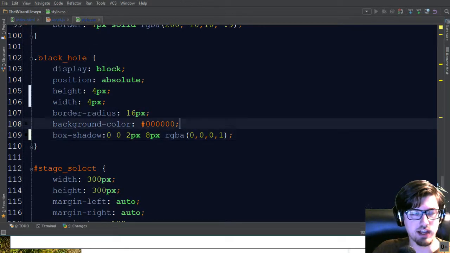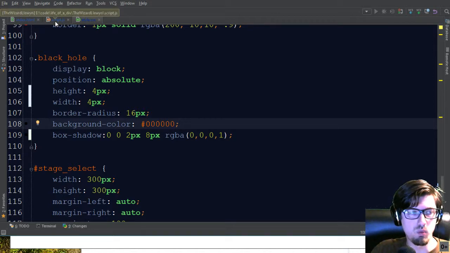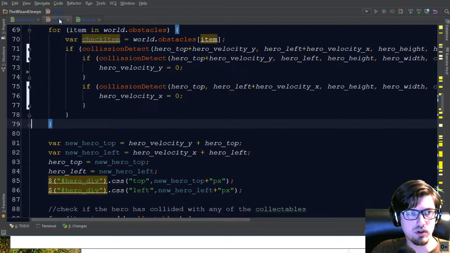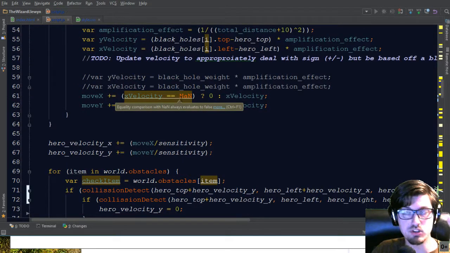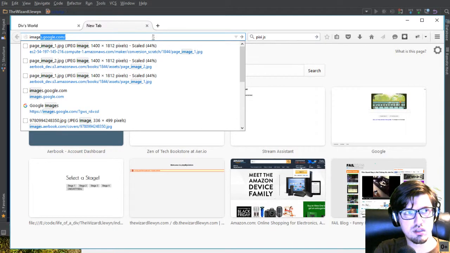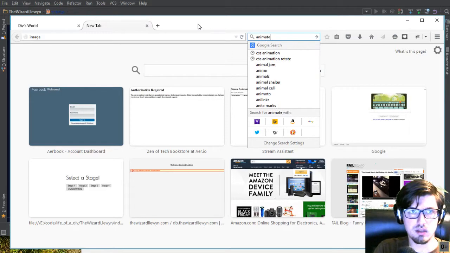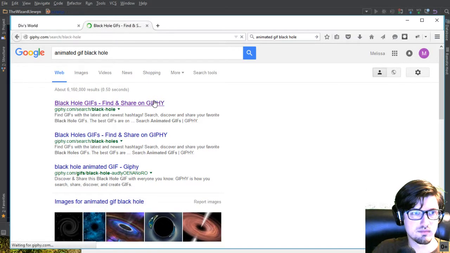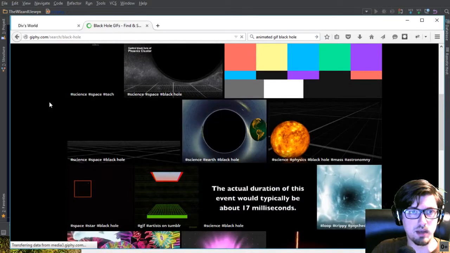Okay, so now we need a particle effect. So what I want to do is, really, there's two ways to do this. One is fake effects, and that is having something that looks like it's doing something cool, but really is just like a spinning or an animated GIF. In fact, I'm sure if I search animated GIF black hole, so if I do a Giphy search for black hole,